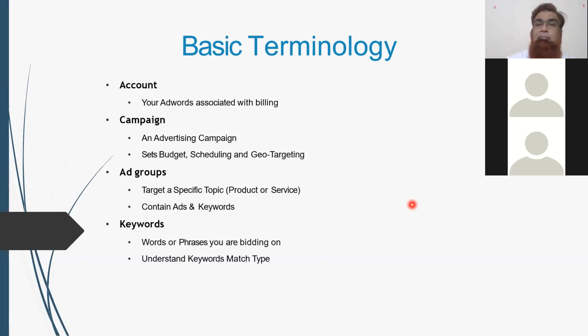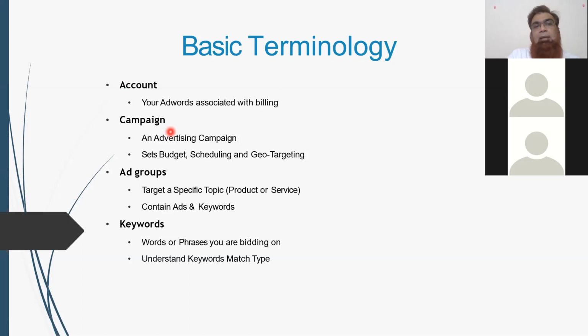The next level is the campaign. Under an account, you can have multiple campaigns. I'll show you our own campaign. In that you can actually see we can run multiple campaigns. These campaigns could be related, or they could be unrelated as well. So I can run multiple campaigns under my AdWords account. I can run one campaign related to school, another related to leather shoes, a third related to, say, healthcare services.